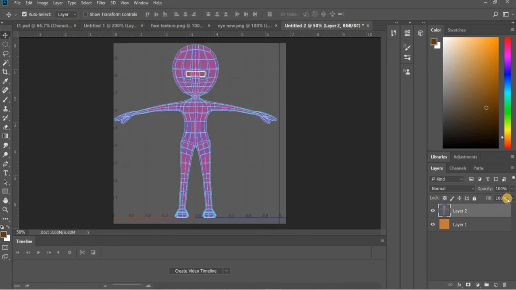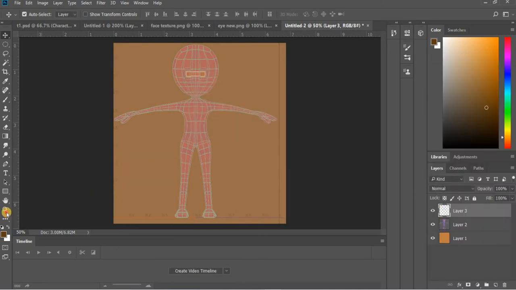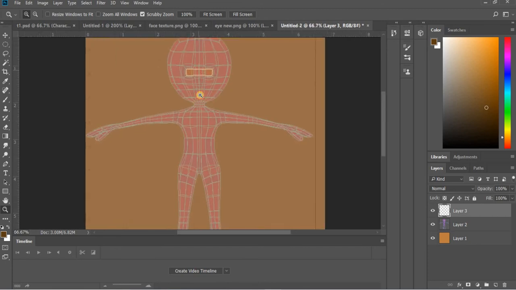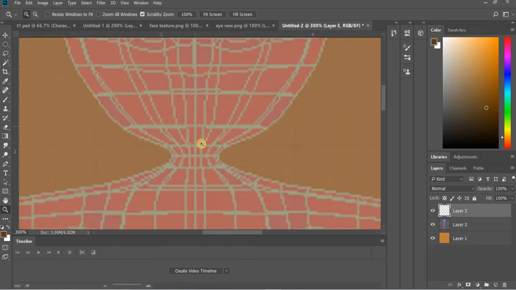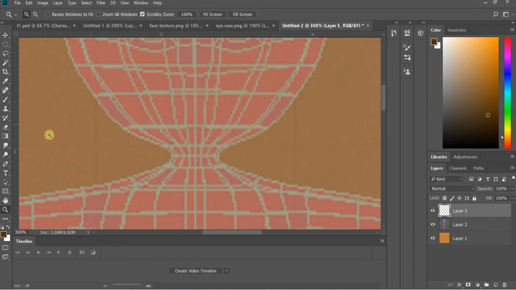Okay, and then I'll reduce the opacity. So now I'll create a new layer and zoom in. So this is where the face is going to come. So I'll select like a dark color of the same skin for my face, and I'm going to use the brush tool, and then you can see that it's a very small brush, and I'll create like a smile. Okay,